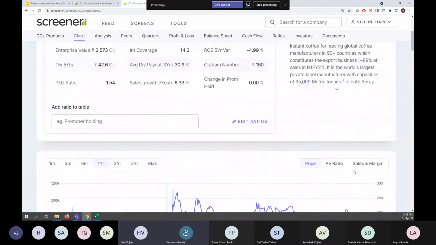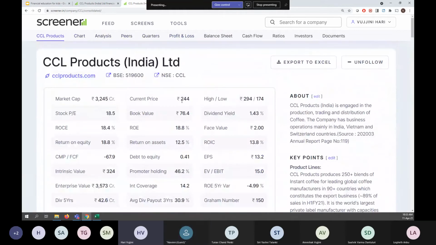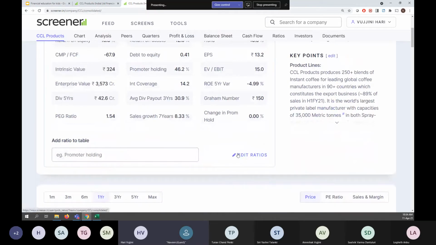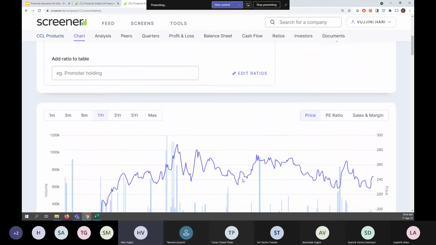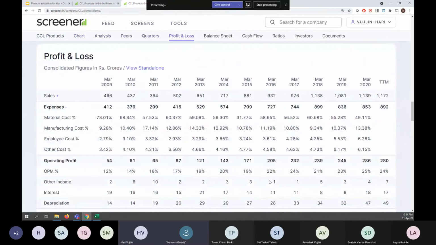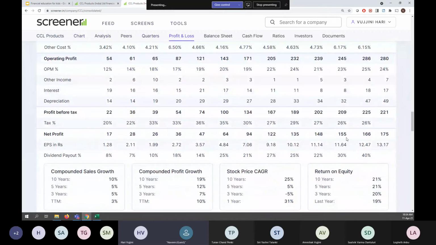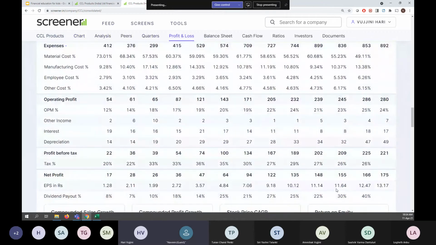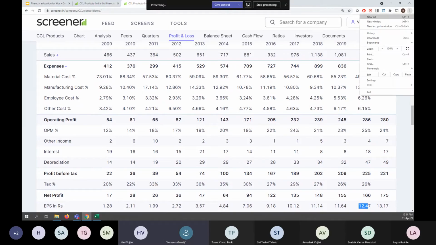Market pricing is defined by the people in the markets, based on mood. So people decide the share value. So we can't assume that the market value would also go up by the same percentage. But we can do one thing. As you see here, in 2019 they had earnings per share of 11.64. So that means their earnings have been increasing over the years. That's a good sign. If you see in 2009, maybe I should.